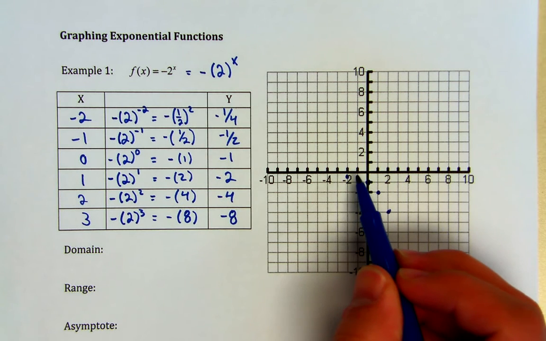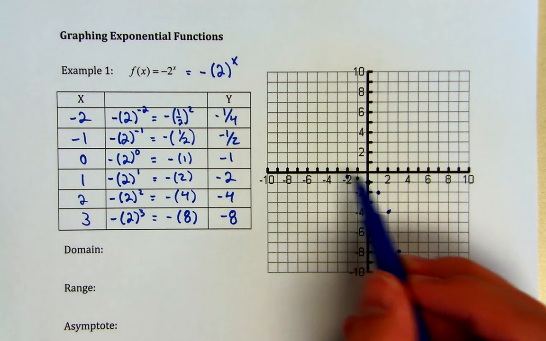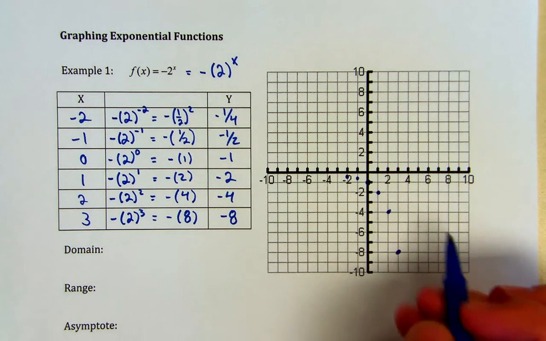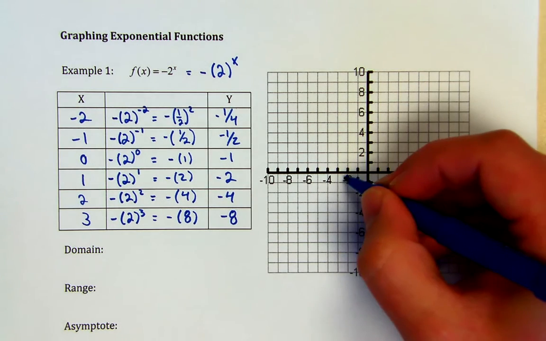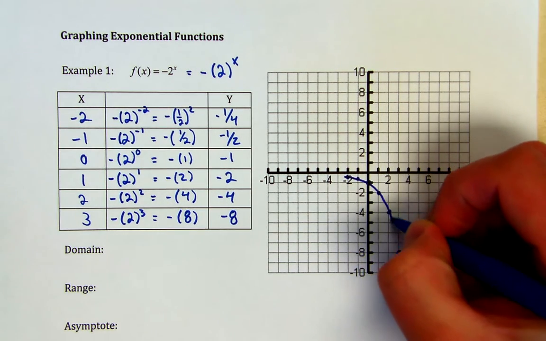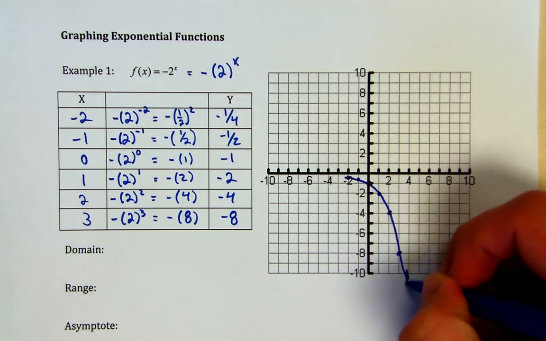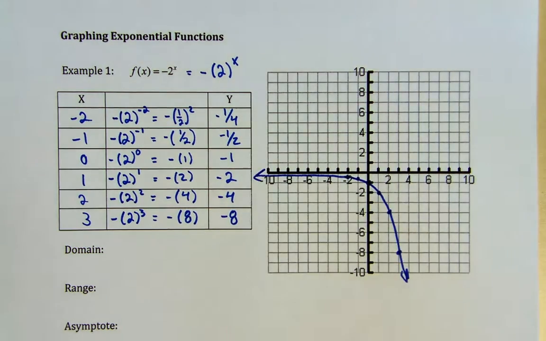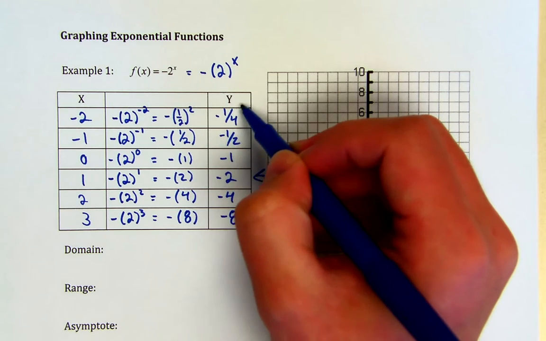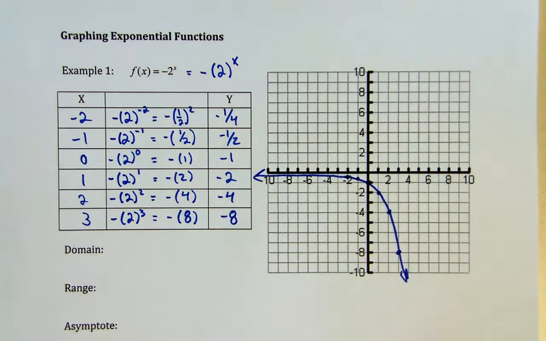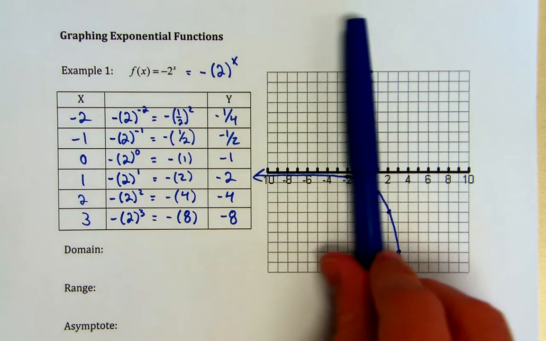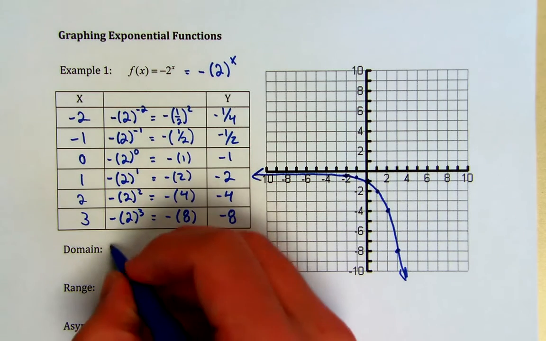We also notice over here, it's starting to approach 0, but it's not going to actually get any greater than the negatives. So when I make this curve, it actually ends up having an asymptote at 0. If I were to plug in more numbers, I would end up getting more negative and close to 0, but never touch it. Looking at the domain, from left to right, I'm going to cover everything on this exponential function,